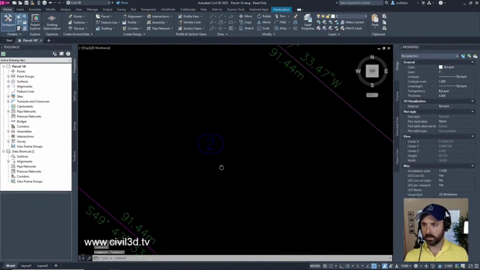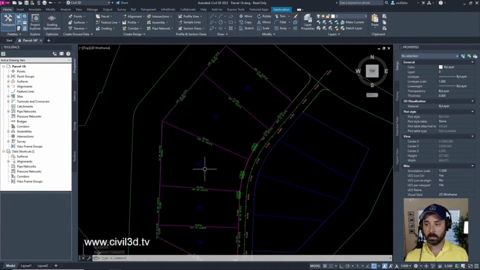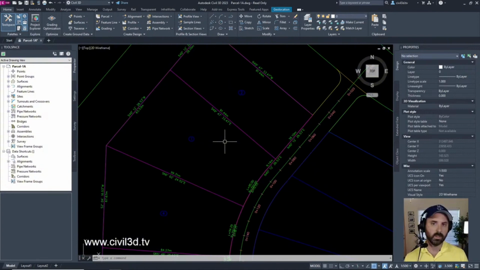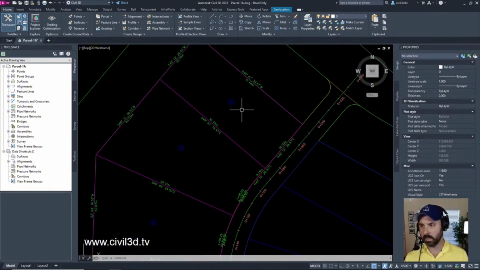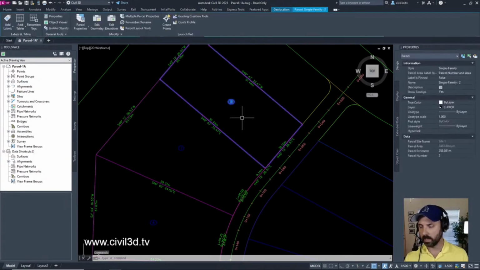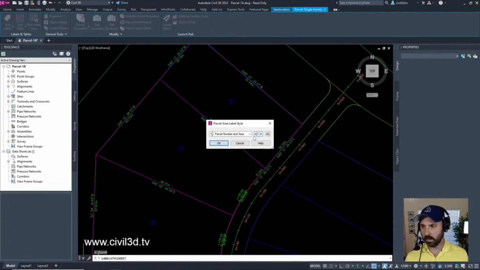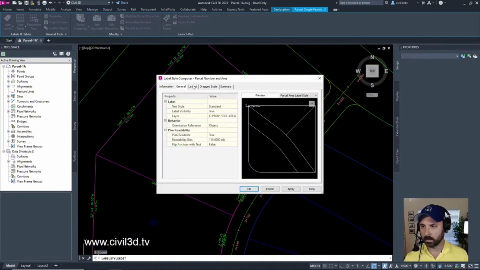I don't know if you can see the parcel or the lot numbers. They're in blue. Usually whenever stuff's in blue within the coursework, I know that it can be kind of difficult to see. What if I click on this, right click, edit area selection style. We'll go into the style, click on this edit button, general.